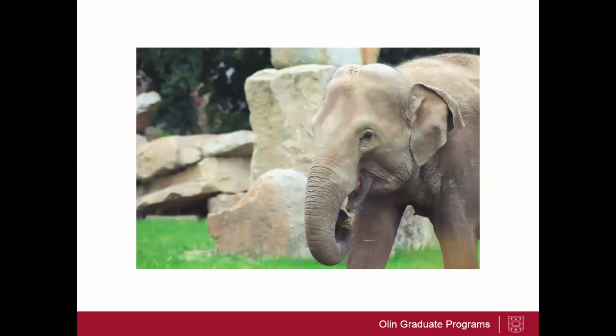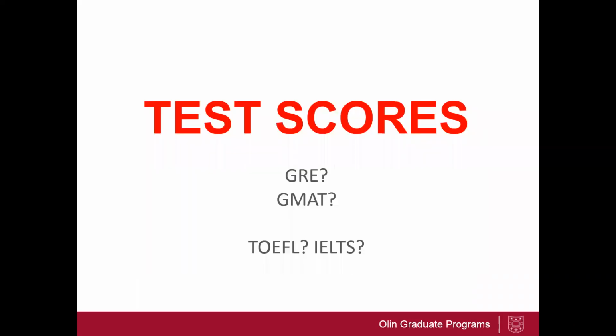All right, Jessica, I think it's time we talked about the elephant in the room, right? Test scores. Everyone is so scared about the test score. So the first thing is know the policy on the test. Here at Olin, we have no preference of whether you do the GRE or the GMAT, but know the schools you're applying to and what tests they will accept. Also, if you have not decided which exam you're planning to take, take some practice tests for each. Choose the one that suits your strength, as we have no preference on which test you take.